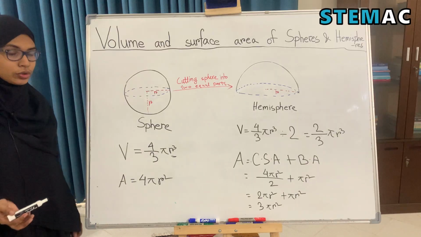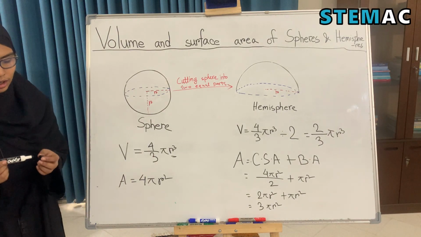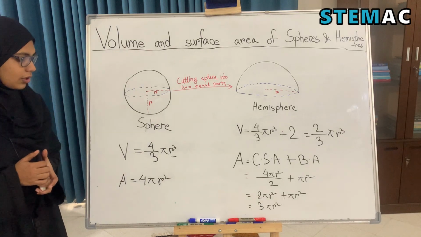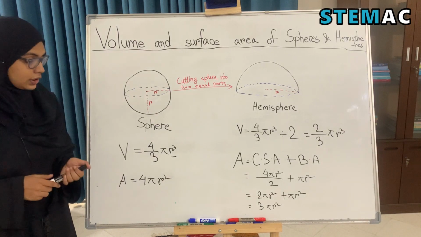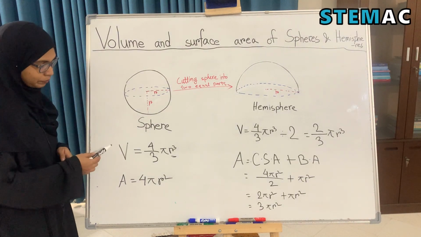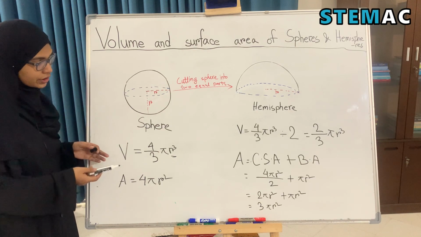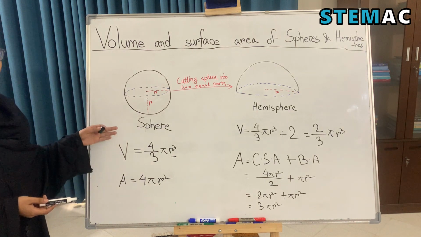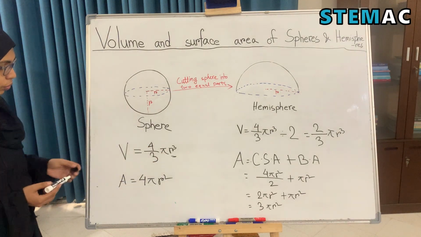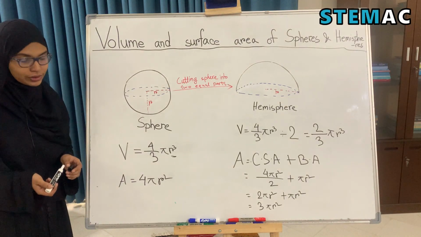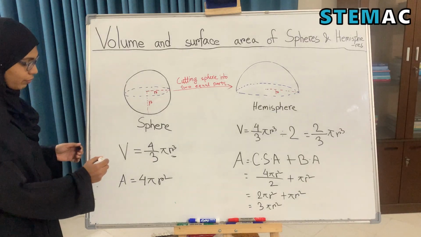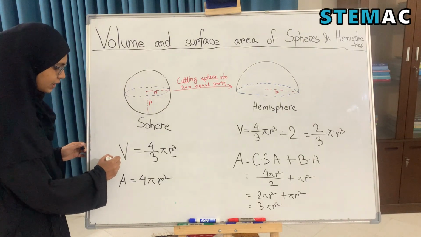So for those of you who already know the very basics of integration and differentiation, you might notice that if we differentiate v, the volume of a sphere, with respect to the radius, that is the r, we can get the area of the sphere. So if we do dv by dr